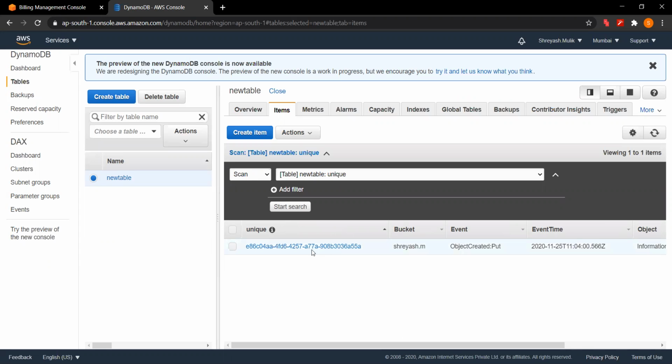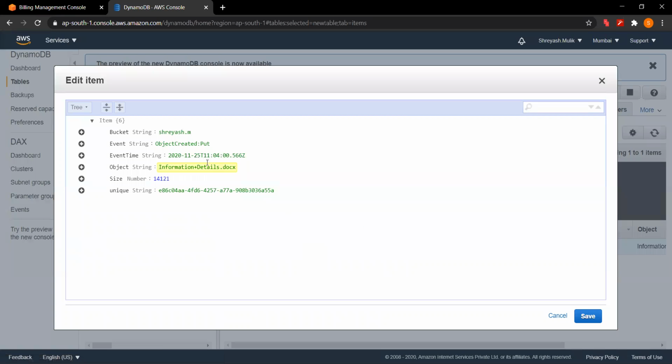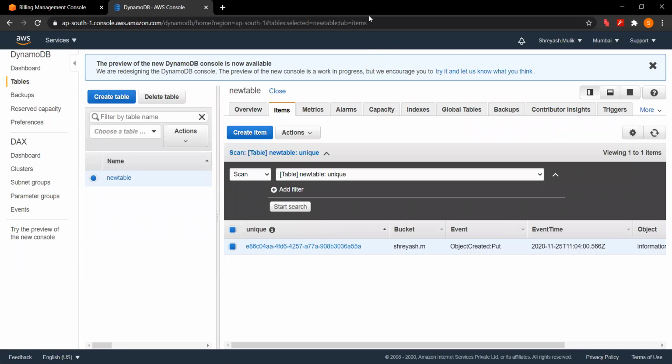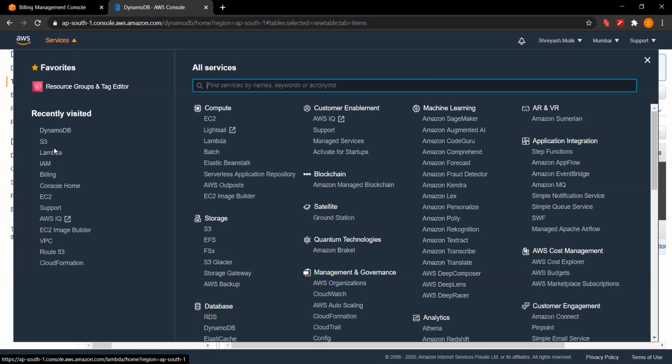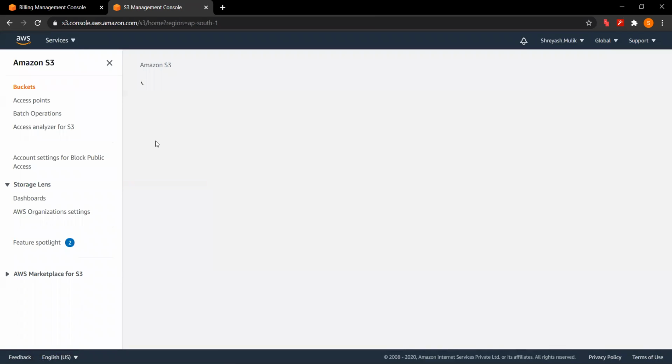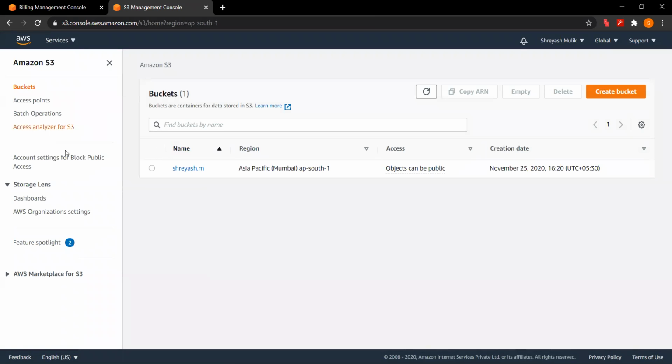So we're going to check it. Click on the unique ID, and here it is showing details. Okay, so basically our function is working right now. Here our function is working properly. Once again, for demo purposes, I'm going to upload a new file. I will go to the S3 bucket. I'm going to the S3 bucket, click on the S3 bucket